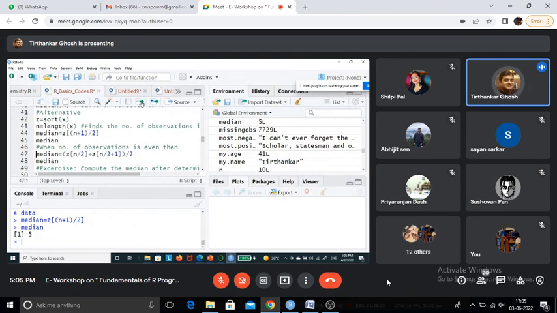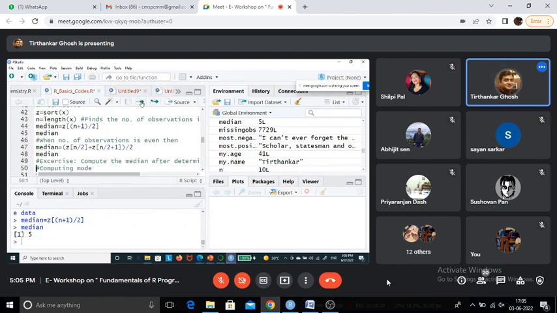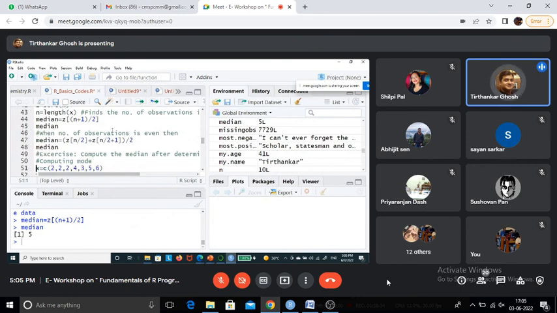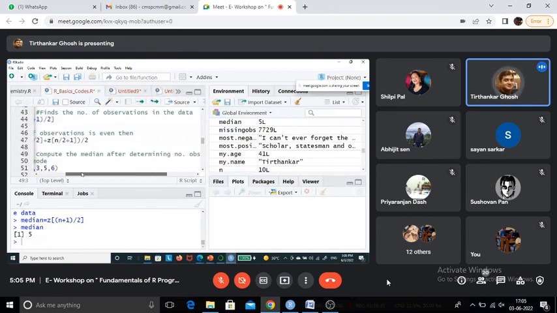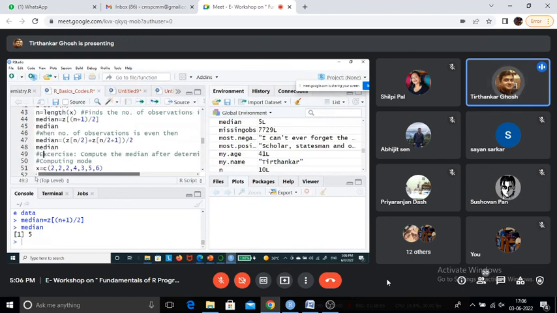When the number of observations is more, then it is this. So these are also exercises, so you can practice, since it is a workshop. You should all practice these exercises. I'm not sure whether there were some others beforehand; I did not follow that. Compute the median after determining whether the number of observations is even or odd.